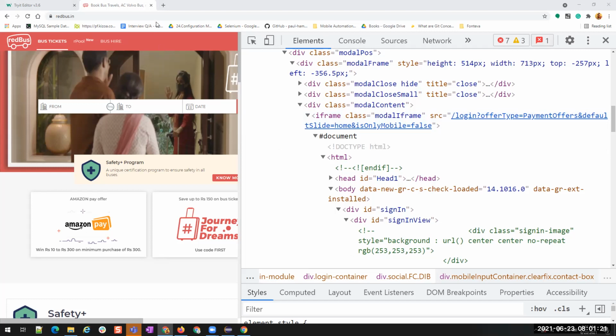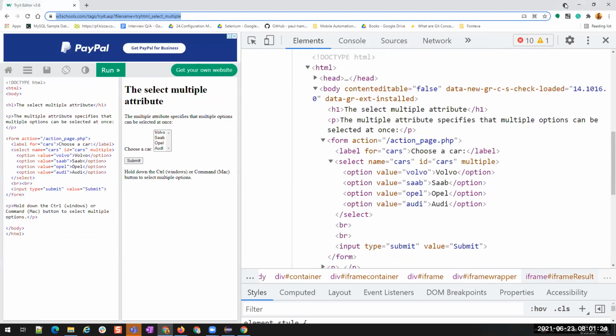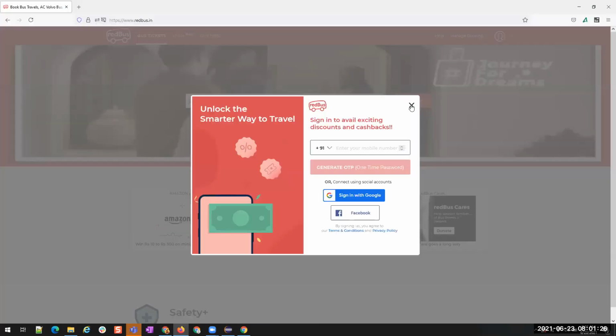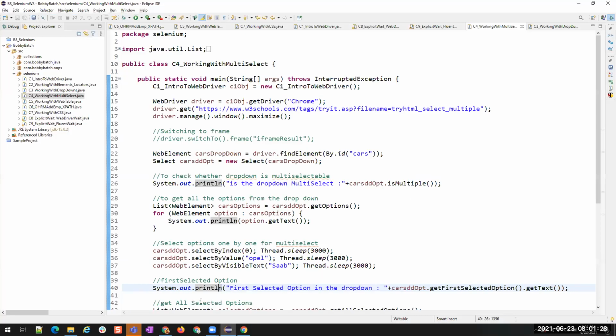Right then. So now let's see the methods available in Java, in Selenium. Okay. Going here. So I'll use this same code for W3 schools.